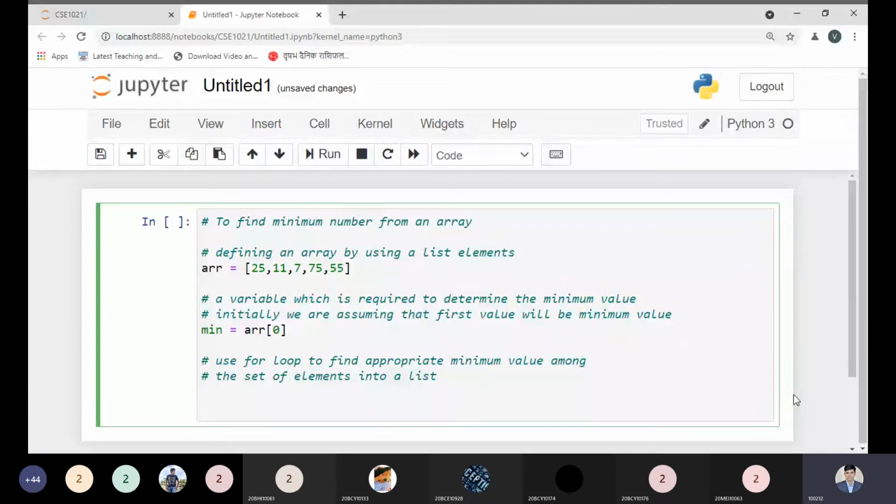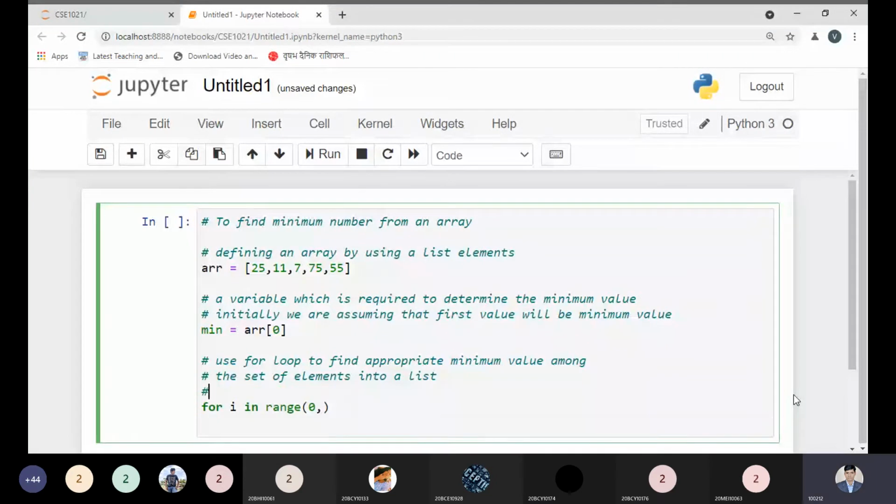So how can you use it? This is my point. You can use a loop like this: for i in range. What is the beauty of the range? Range is a function by which I can define the range starting from 0 to len. So what is len? You can use len in different ways. So you can write like this one.